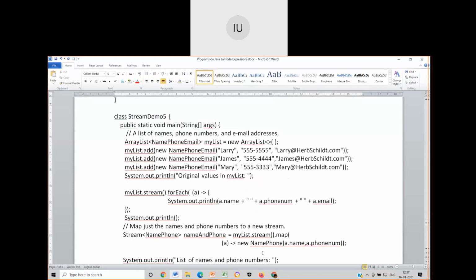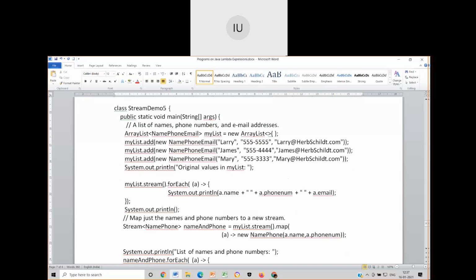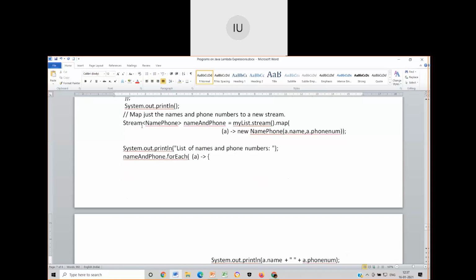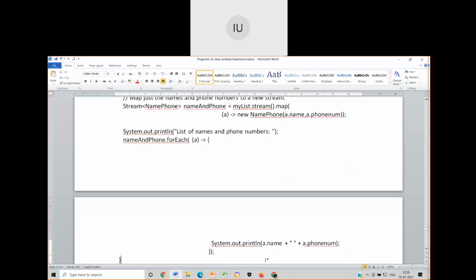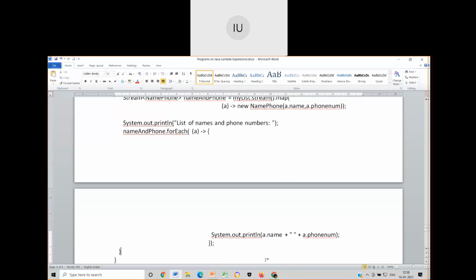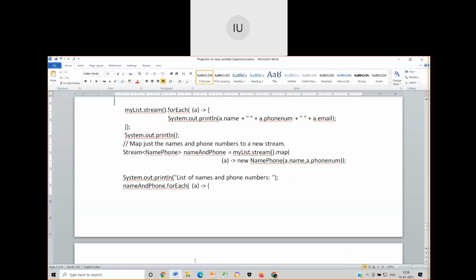Now what is next? I just want to print them. Okay, how do I print? Similar to the previous one, instead of writing name, phone and email, I will use name and phone dot for each in bracket A. This is with reference to what it is called, and then A dot name, A dot phone number. Okay, and when you're calling this function, A here indicates what?